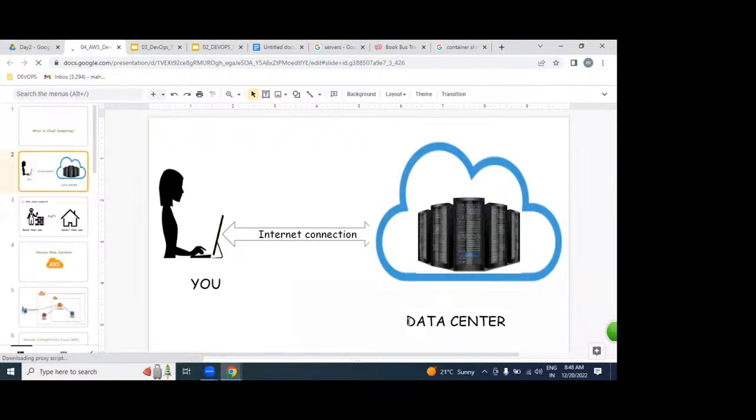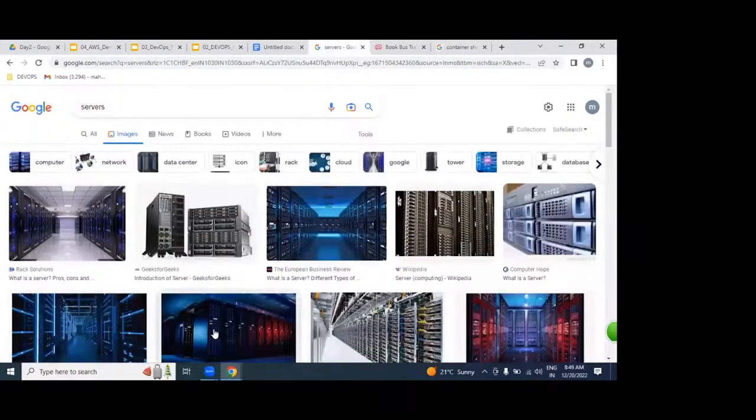So what is a data center first? Huge computing power kept rack-wise in a big room, we call a data center. This data center is located globally. In Mumbai, in Hyderabad, recently they are going to launch in Vizag also. In the US, Singapore, UK, London, Sydney, globally, AWS has expanded its infrastructure.